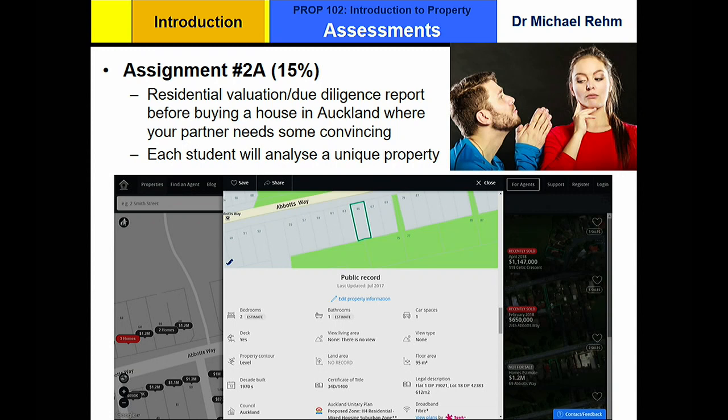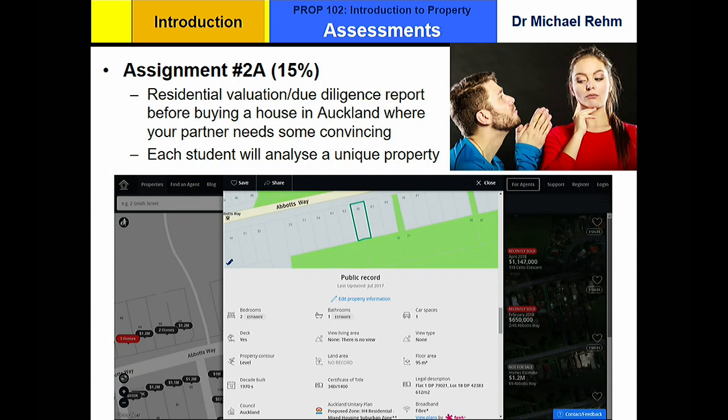So anyway, this assignment is a due diligence report. The idea is, it's fictitious, everything is fictitious in academics. Essentially, you have a partner. You want to buy a house. You're a first-time home buyer, and the house might not be ideal to live in. Maybe you could rent it out. You don't know. You're a bit on the fence. But your partner's dead against it and is like, man, you're just smoking crack and I don't want to deal with you right now. And so you're trying to convince your partner and say, man, come on, it's a great idea. Please, please, please, hence the photo, right? So you're putting together this report to convince your partner to go ahead with this purchase with you.